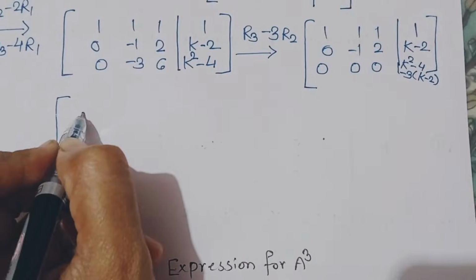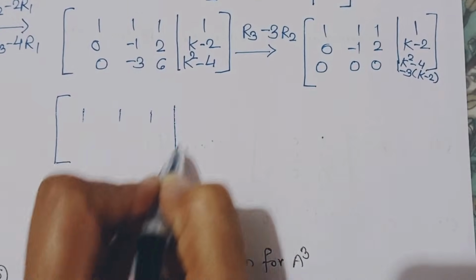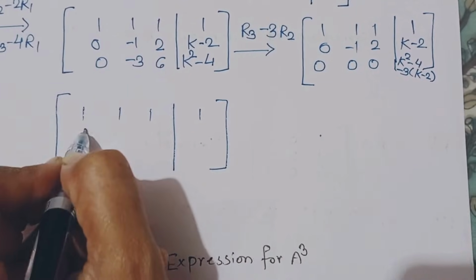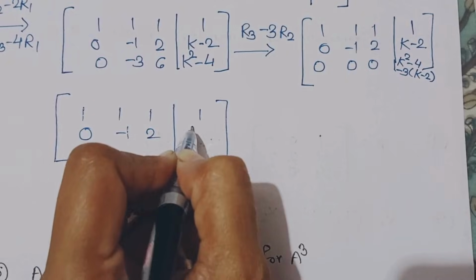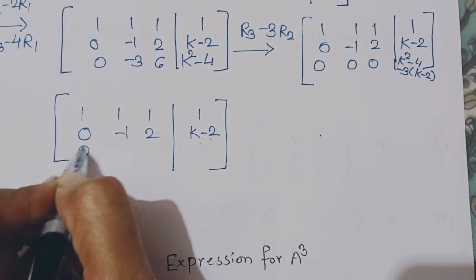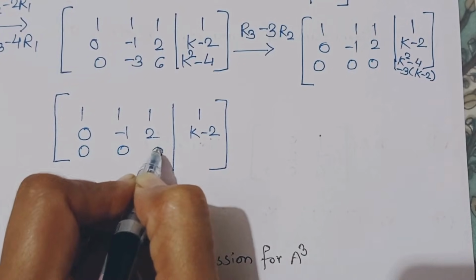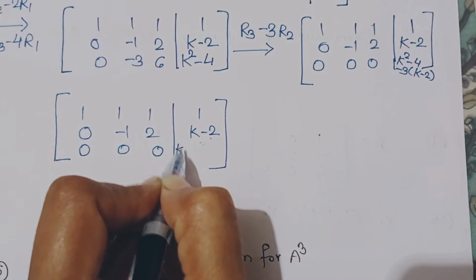That is 1 1 1 1, 0 minus 1 2 k minus 2, 0 0 0, and here we have k square